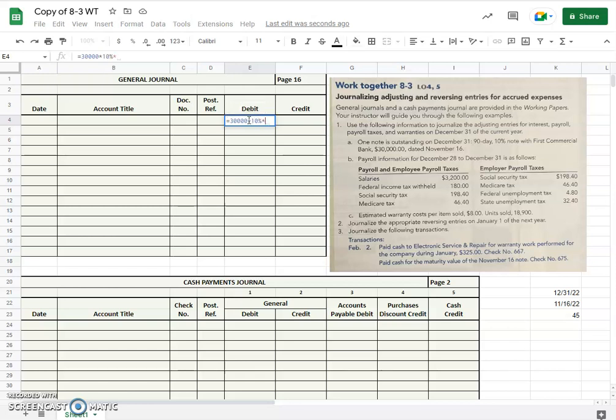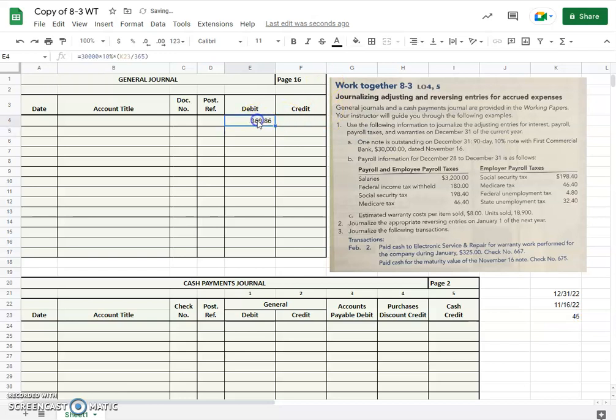And now we're going to do times the number of days, which we just figured out was 45 out of, and I put this in parentheses just for order of operations in spreadsheets, 365 days in a year. And then let's see,